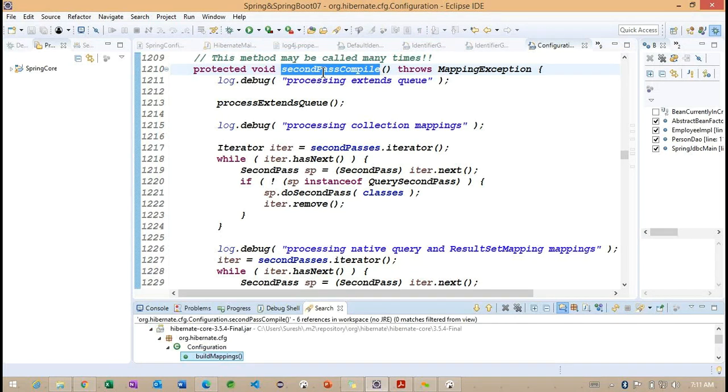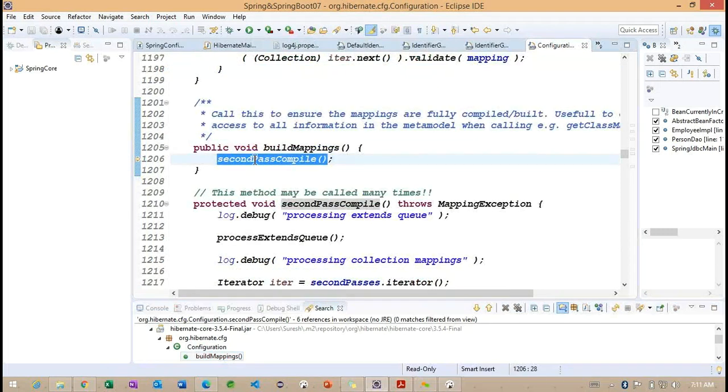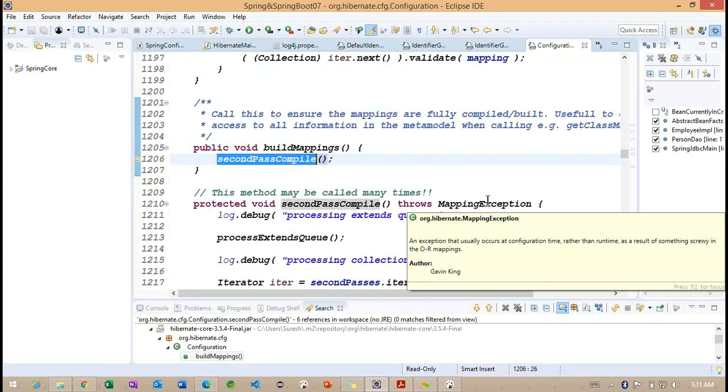In real time, using this shortcut we can easily understand how these methods are called, what the line number is, and how these methods are implemented. Now you can see inside this Hibernate core jar, this is the package and this is the class, and from this buildMappings it is calling secondPassCompile.